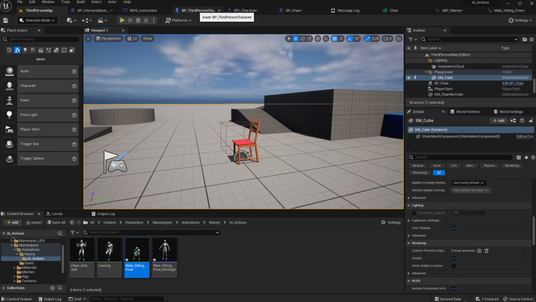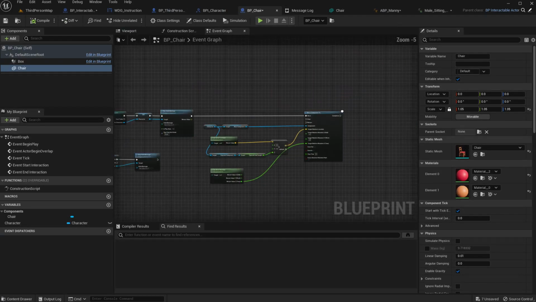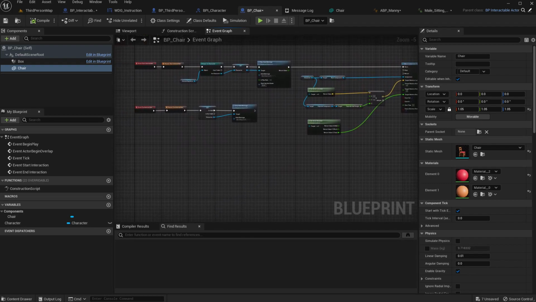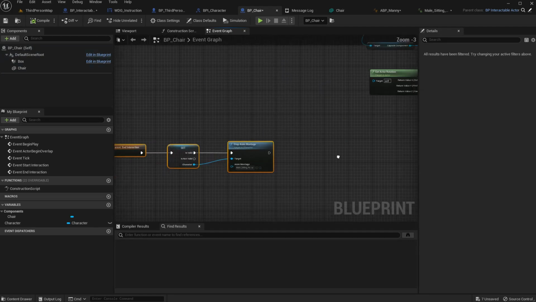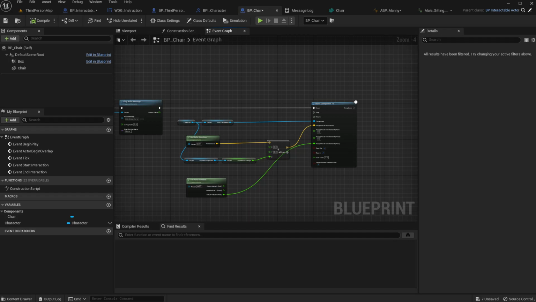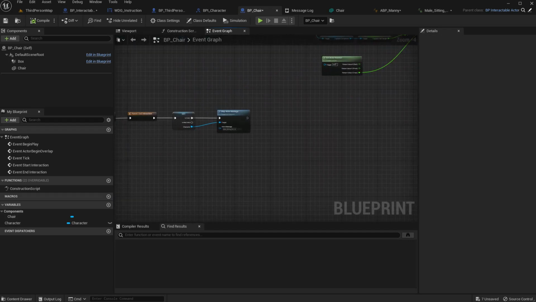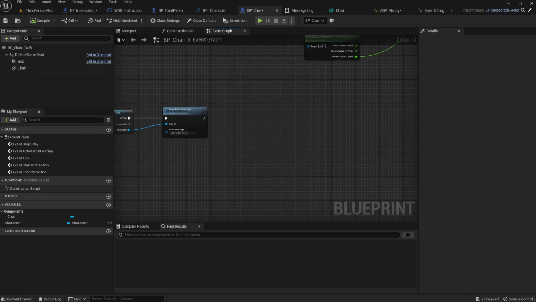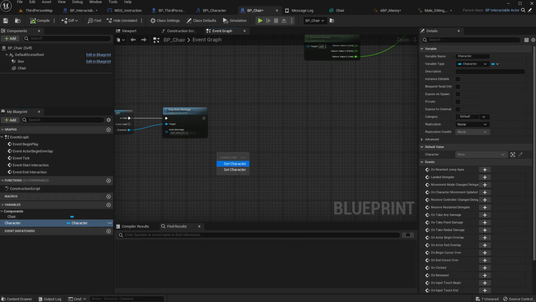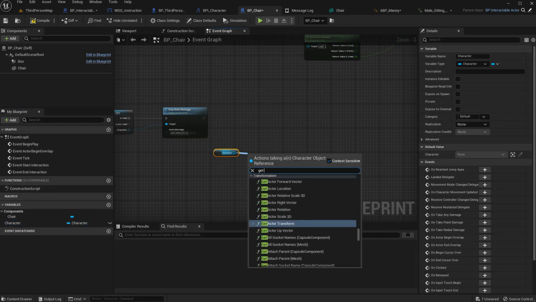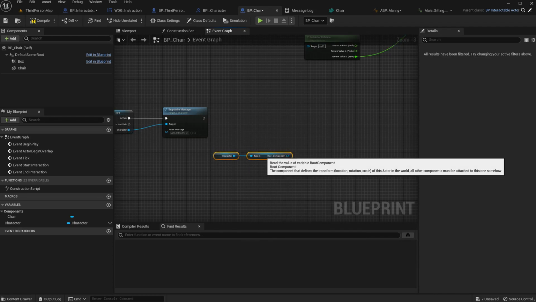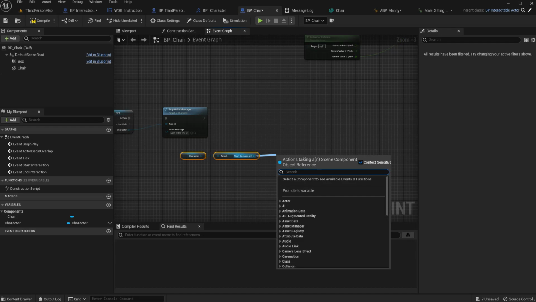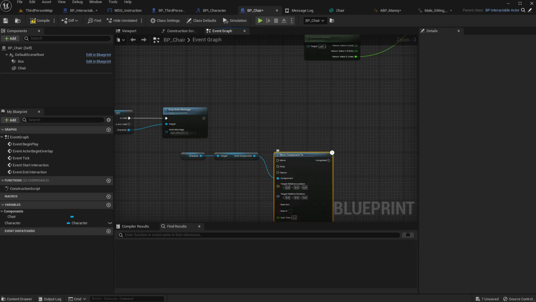So that means we can again get the character, get root component and call the component to